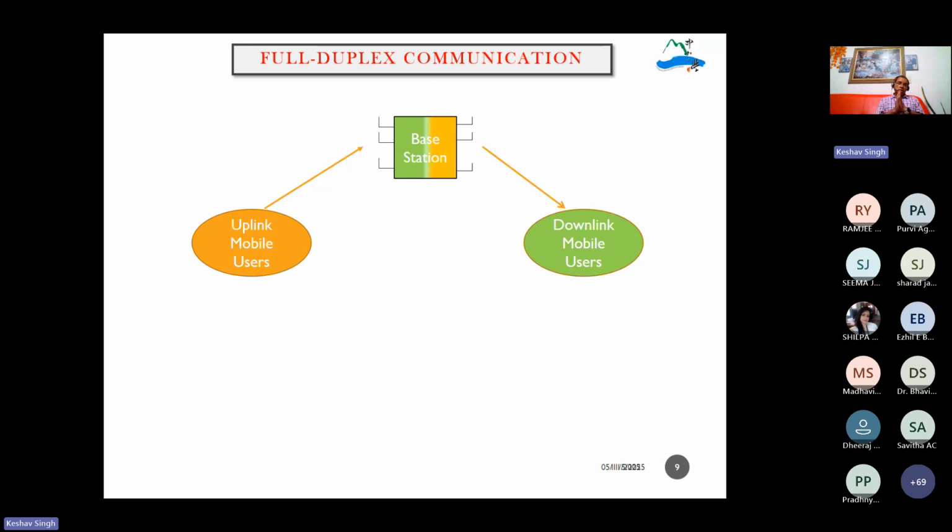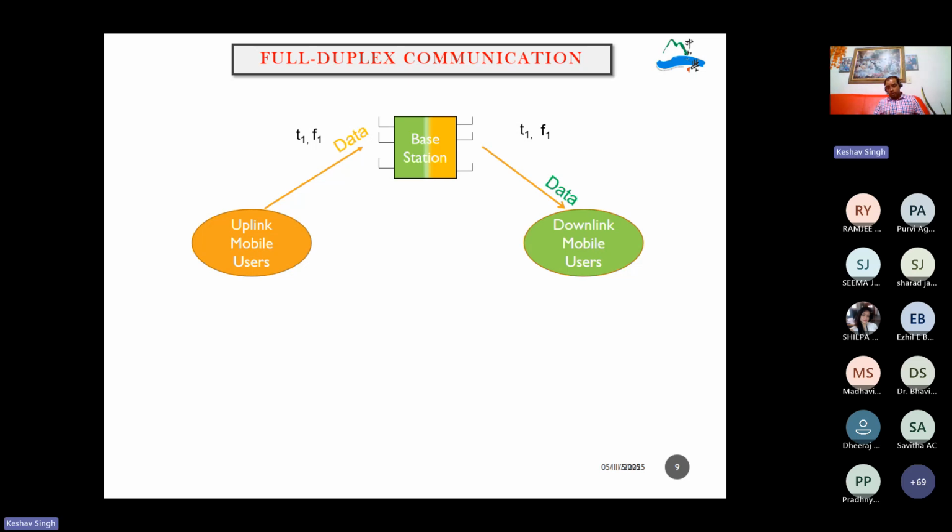Now let's see the full duplex case, and how we can change this half duplex into full duplex mode. So let's say we have both time division and frequency division. The base station operates in full duplex mode. That means when it is receiving data, at the same time it is transmitting. So it serves both the uplink user and the downlink user at the same time, at the same frequency. So there is no wastage of resources. But